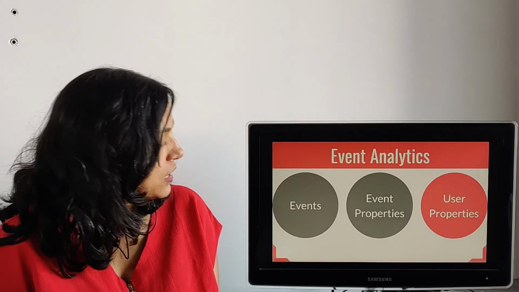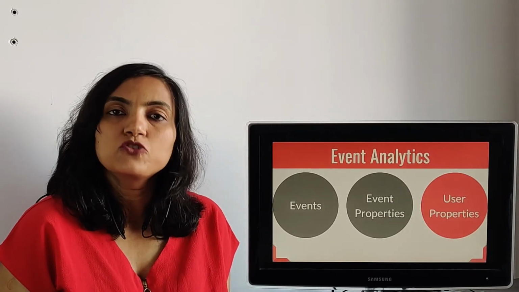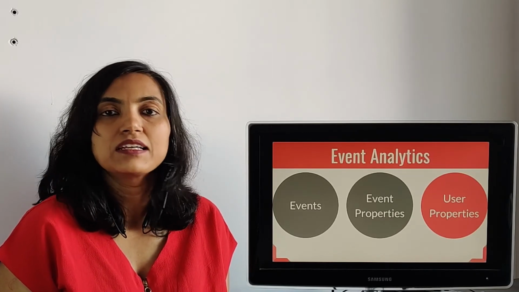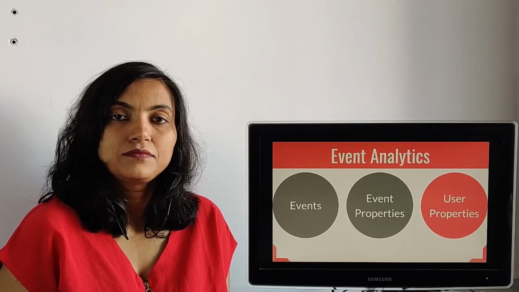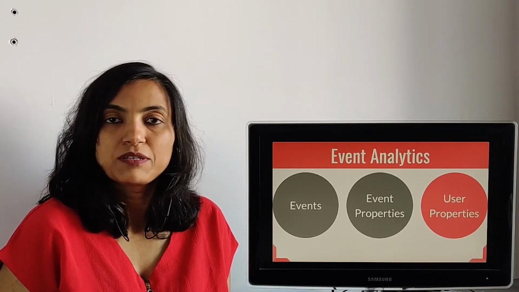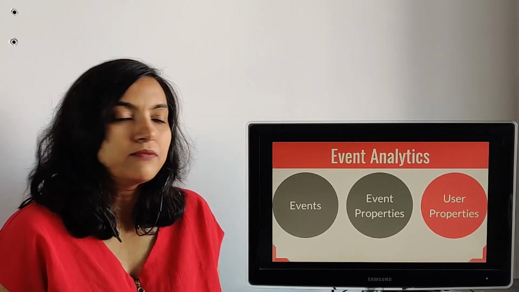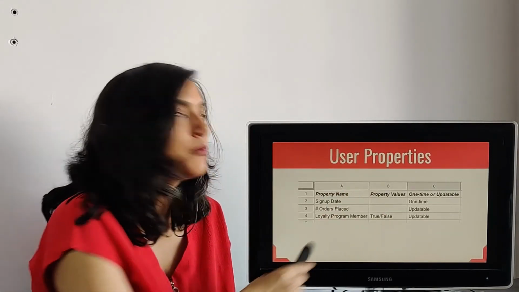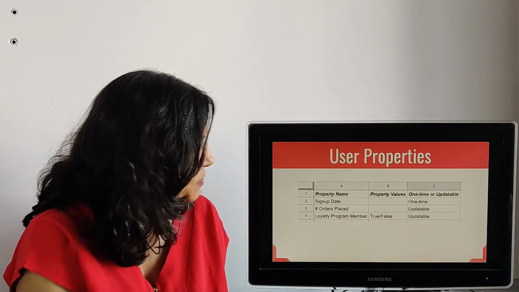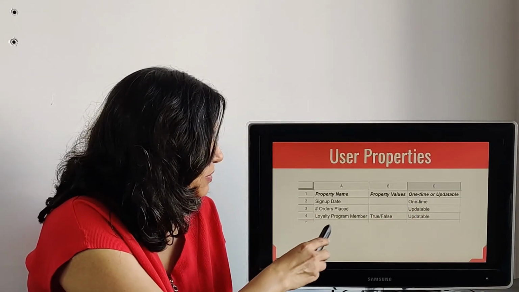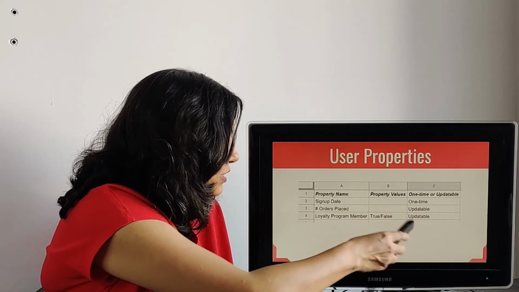Then moving on, apart from event and event properties, you will also need to document the user properties that you want in the event analytics tool. These will also have to be set through code at suitable points of time. To document them for the engineers and others, you may create a simple list of property names and their possible values, and that should be enough. One thing you may want to note down here is whether any of these properties are to be set one time or they are updatable.